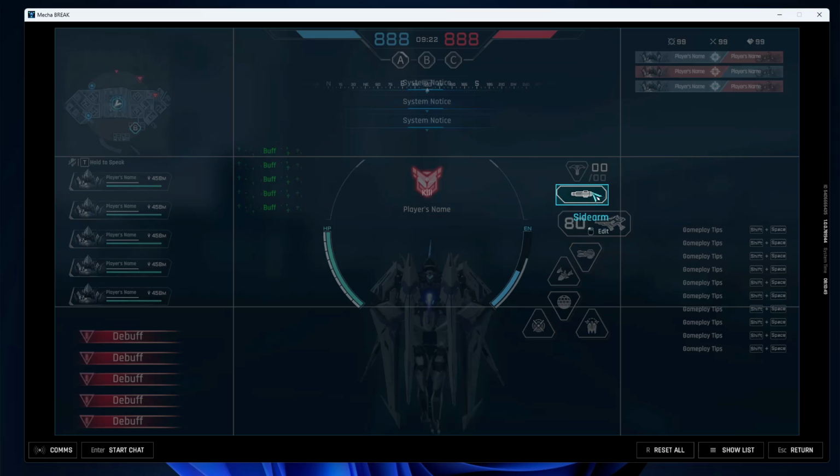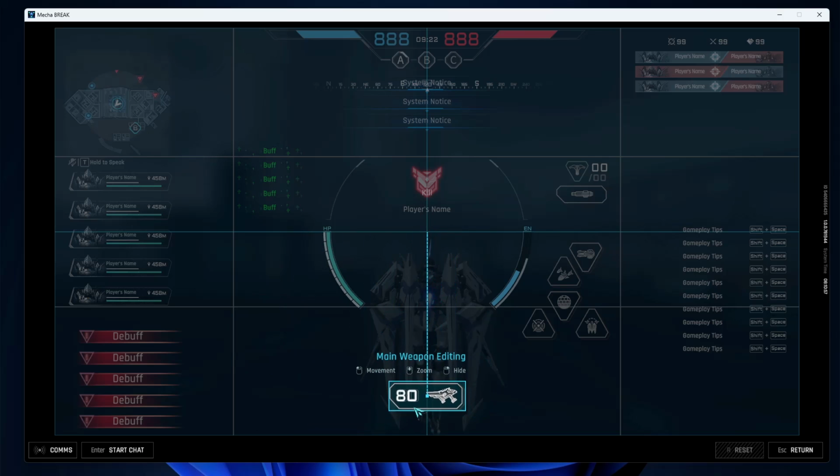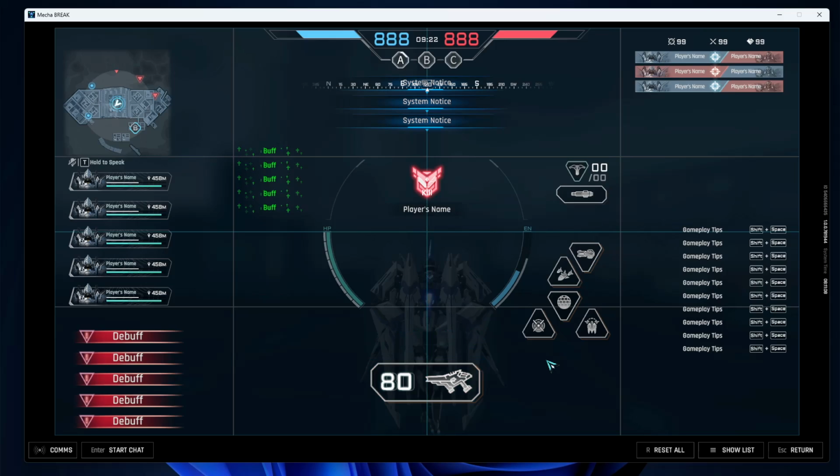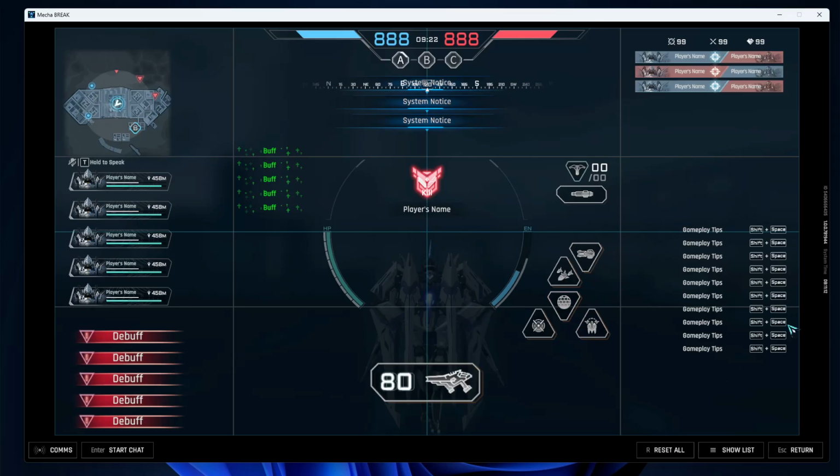So let's say for instance, if I want to move this main weapon, you can select it and then simply drag it to any position that you prefer. So if it's somewhere there, you can select that. And also you can increase the size of it or reduce the size. Or if you'd like to hide it from the HUD, you can simply hide it. Once you're done, click on an empty space and repeat the same process for all the other items that are